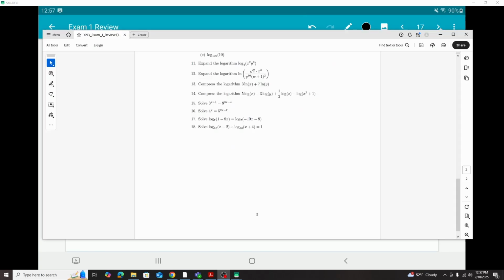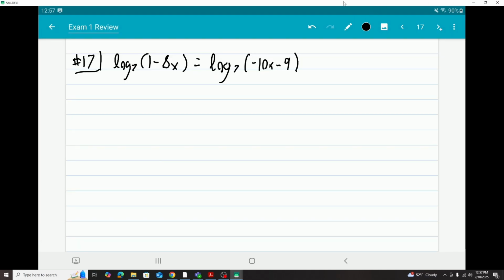So now problem 17 is asking us to solve an equation that involves logarithms. 17 is a little bit the nicer case where we've got two logarithms like this. They have the same base. And so in this situation, if you have two logs with the same base as each other, and they're equal, then that means the insides have to be equal. So I get 1 minus 8x is equal to minus 10x